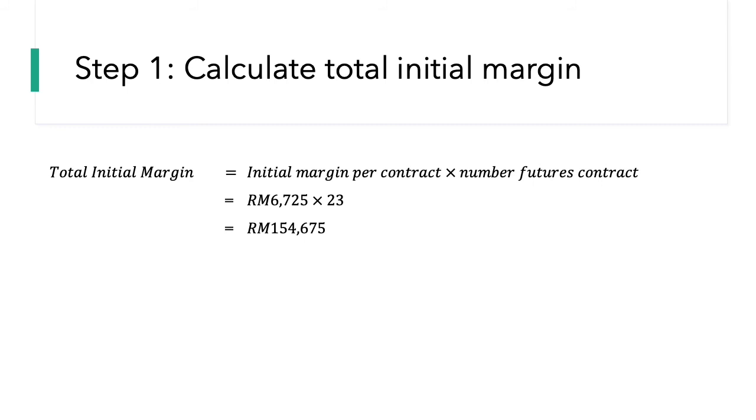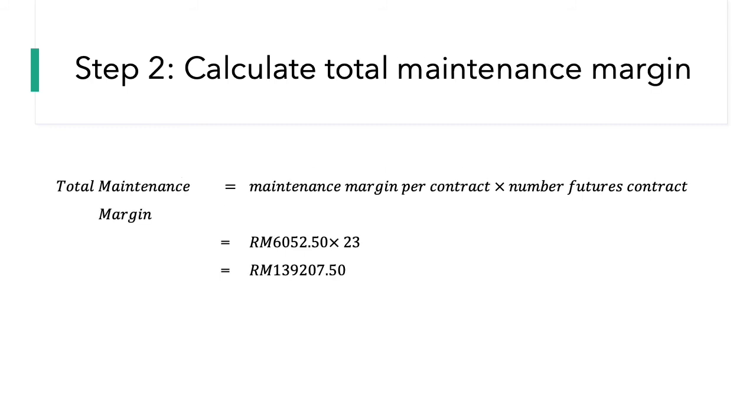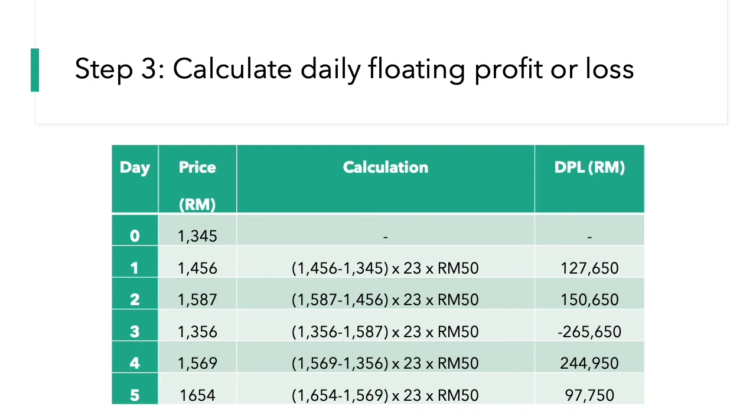Step number 4, you need to prepare the mark-to-market table. First you need to prepare all the columns. So you have the columns day, price, daily profit and loss, initial margin (IM), BM is balance margin, MM is maintenance margin, CM is call margin, VM is variable margin. There is no calculation of daily floating profit or loss for day 0 because you just open the position on day 0. Therefore, variable margin on day 0 is equal to initial margin on day 0, which is